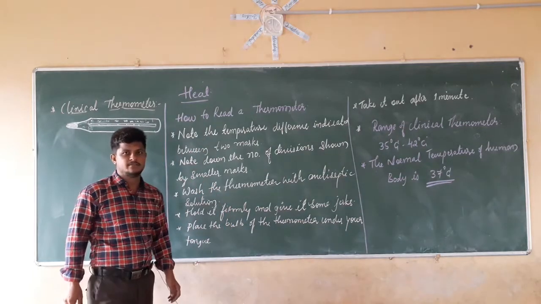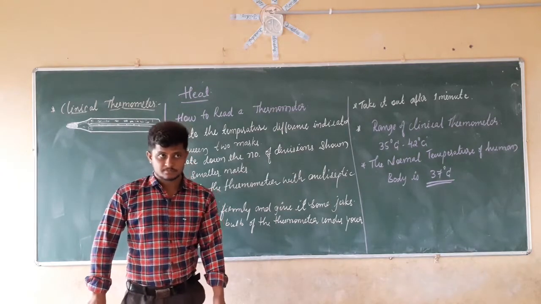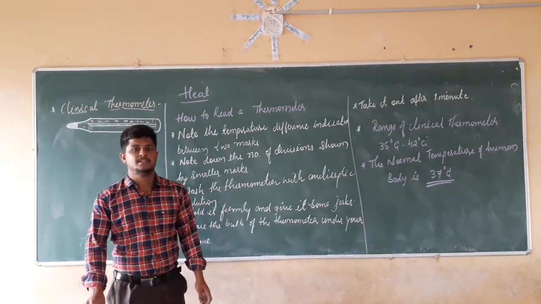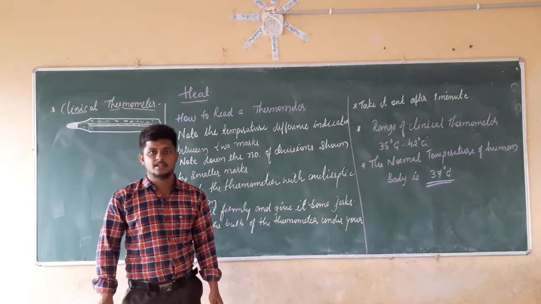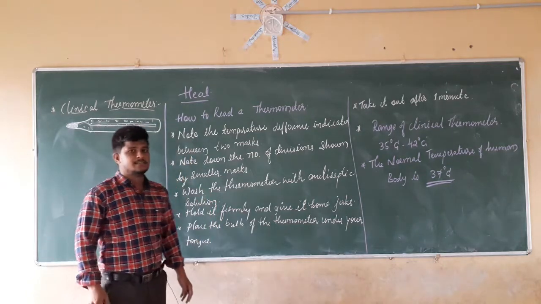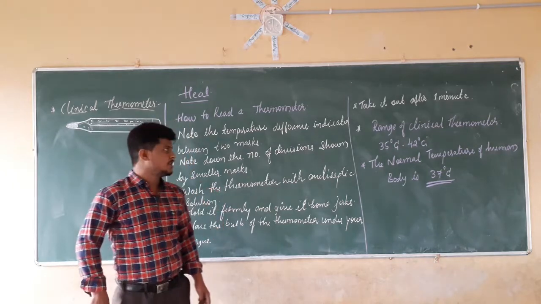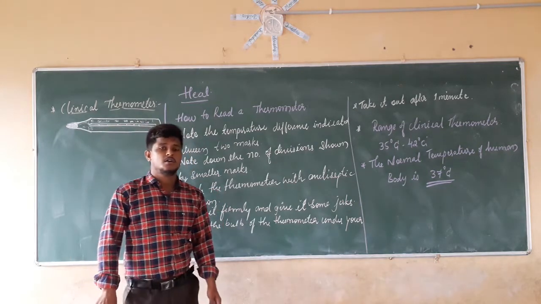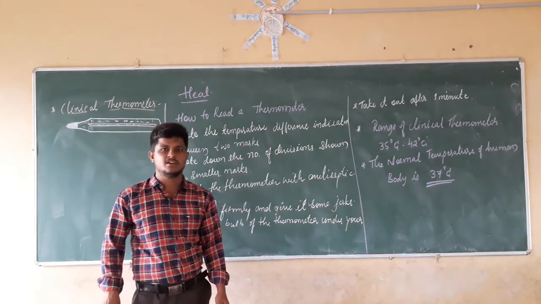In the last class we discussed what heat is, why heat is useful, what is the measure of hotness and coldness, and how we can measure hotness or coldness by the sense of touch. We also discussed, by doing an activity, why the sense of touch is not a reliable way of measuring hotness or coldness.